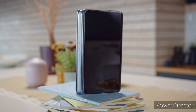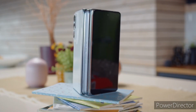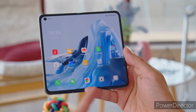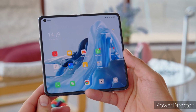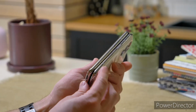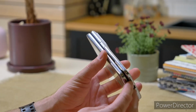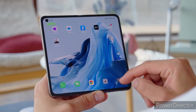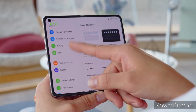Apparently, the Find N2 will come with an improved foldable display as well as an improved hinge. It may get a 7.1-inch LTPO AMOLED panel with 120Hz refresh rate. The fingerprint scanner would be integrated into the power button. Powering this device could be a 4520 mAh battery and it might come with ColorOS 13, which is based on